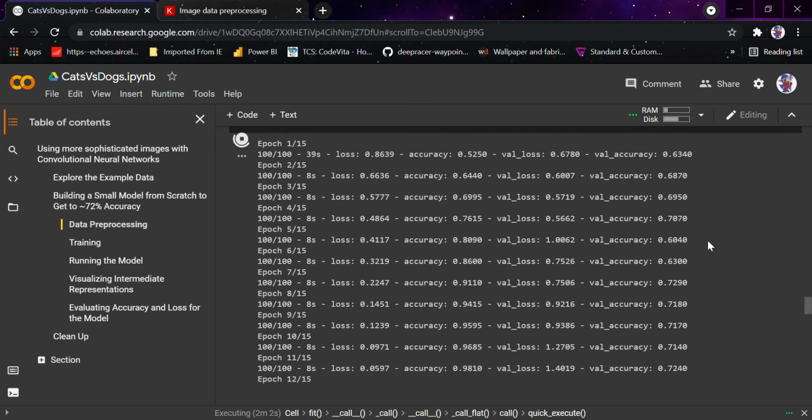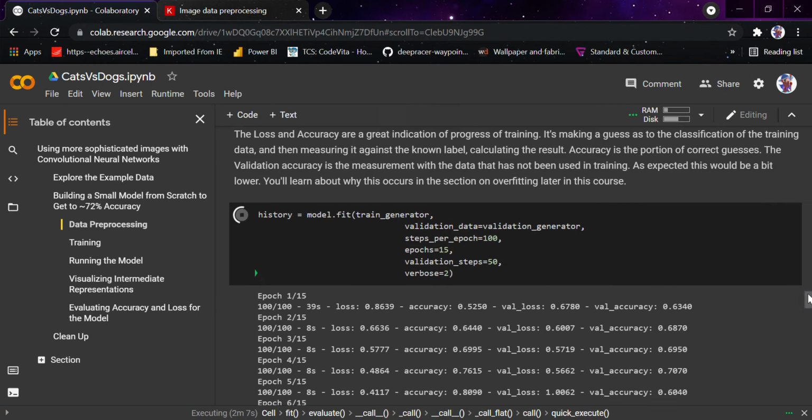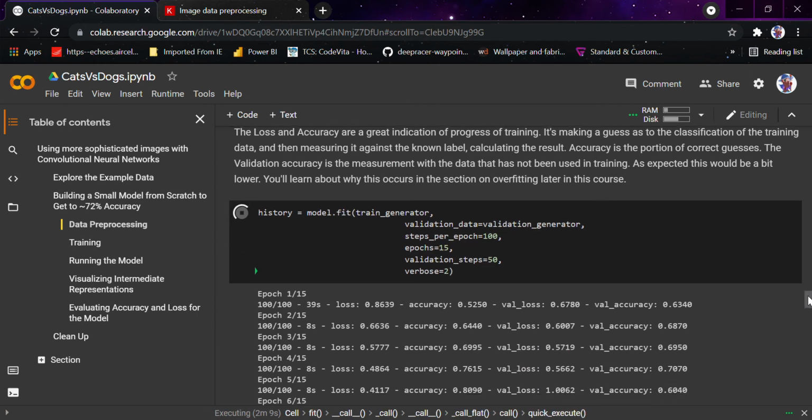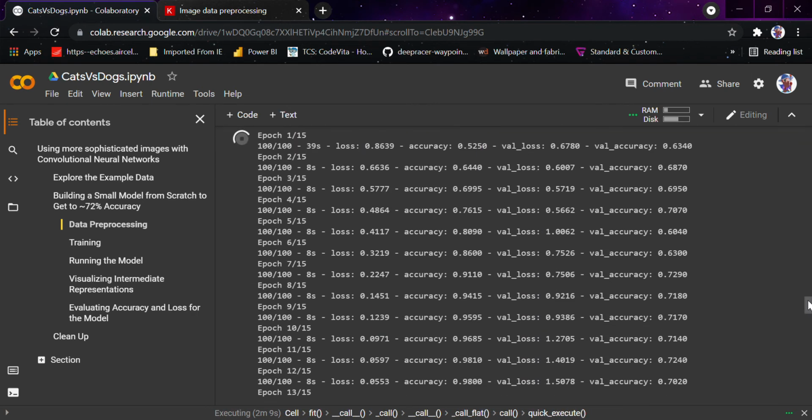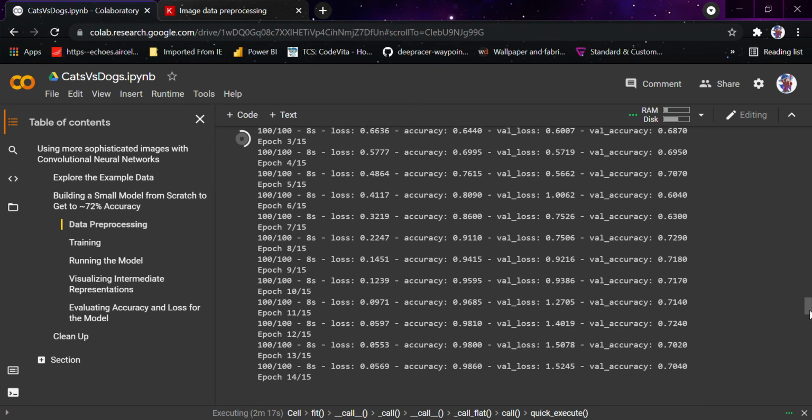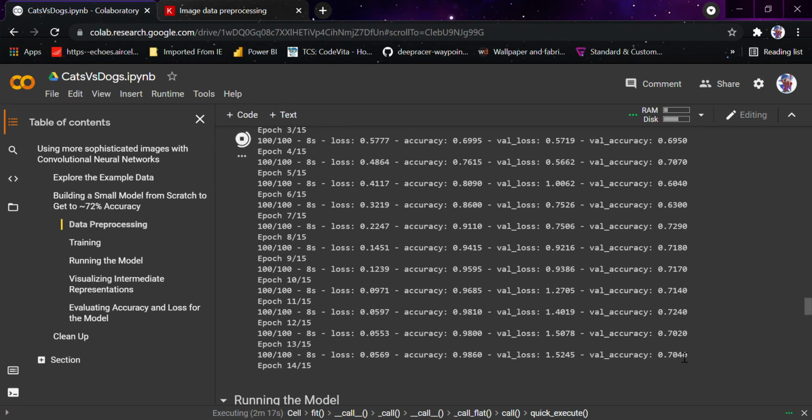Even here you can see I haven't defined verbose equals 1. That is the reason the animation line is not being shown here. I have put verbose equals 2. So you can see the accuracy on the training dataset is pretty high, 98.6%, but the validation accuracy is pretty low, around 71%.